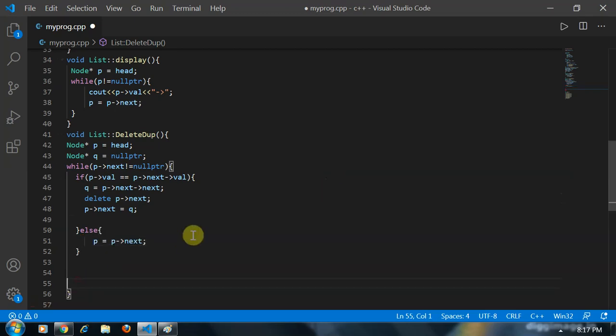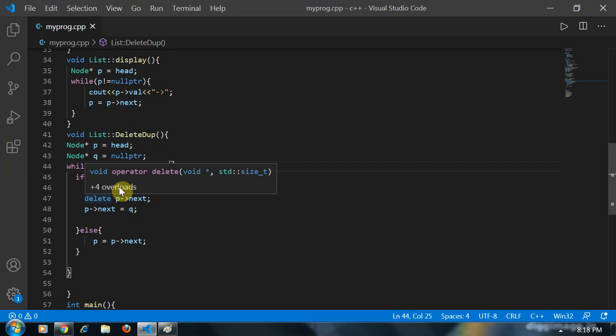This is it. What I have taught you, I simply wrote only these statements. I have assigned head to P and null to Q. These are my two pointers. I am running this loop while my P's next is not equal to null pointer.